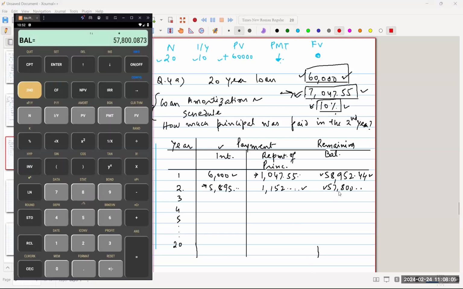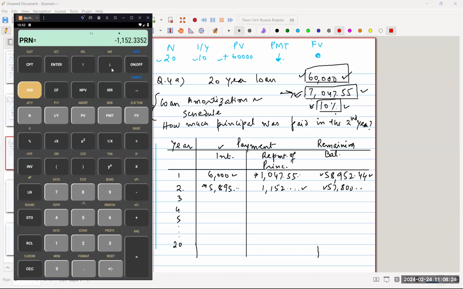This number here on the table, you see where my cursor is, 57,800. So you can prepare a table template like this and keep computing on the calculator and keep filling up the table. So if you scroll down further,